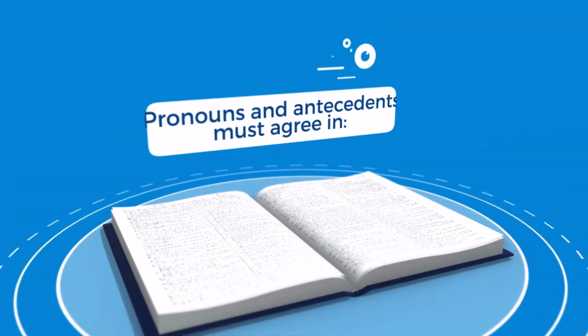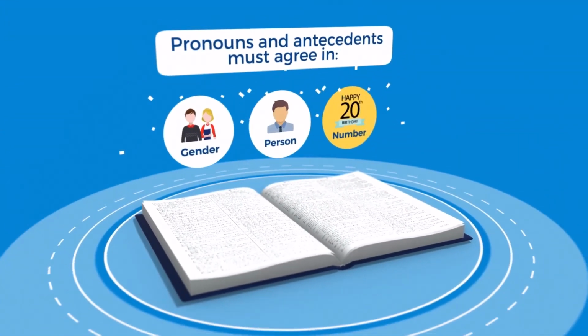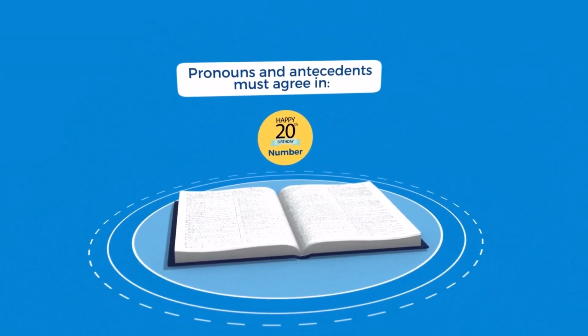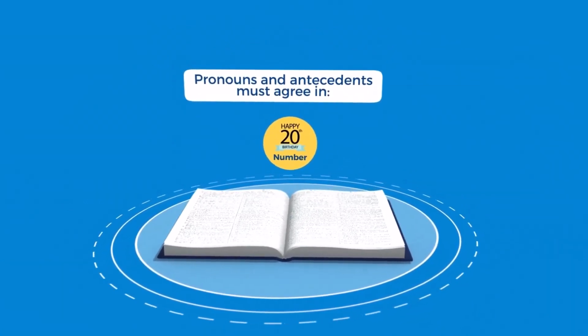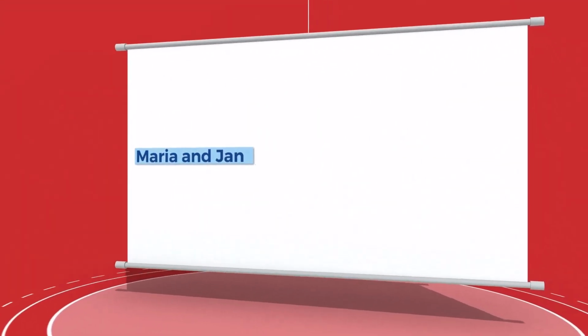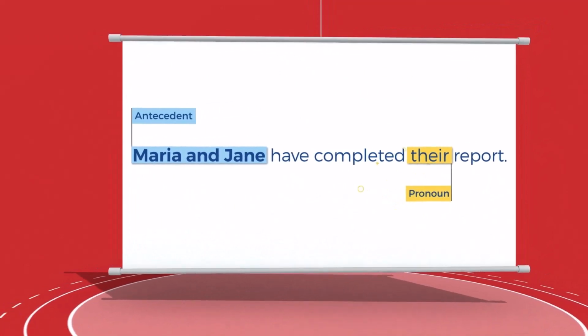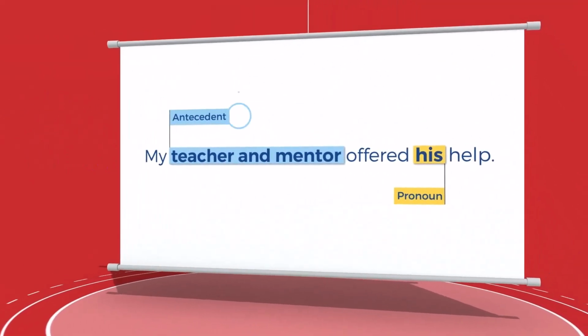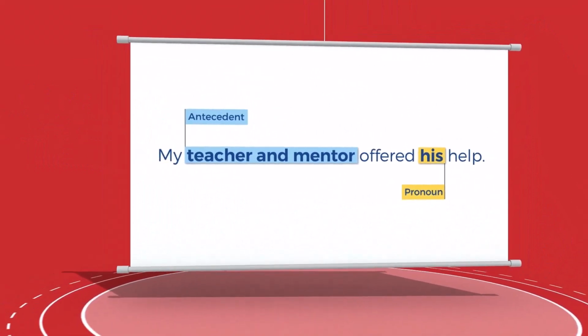The third way that a pronoun and its antecedent need to agree is in number. Sometimes this agreement is not straightforward. For example, where antecedents are joined by and, you usually use a plural pronoun. An exception is when the compound antecedent refers to a single entity. Another exception is